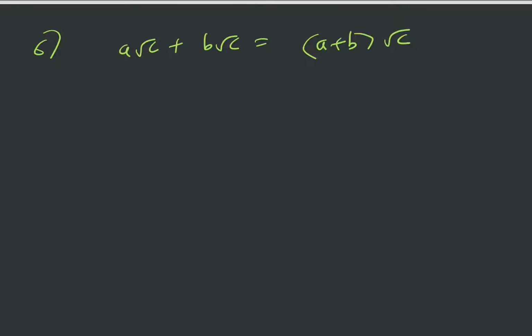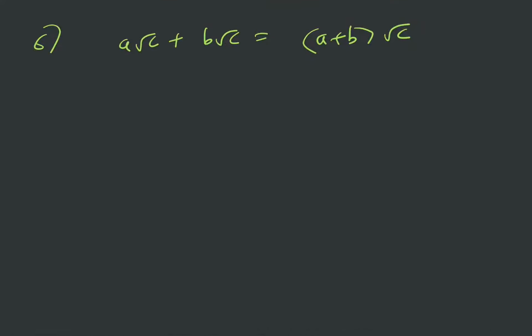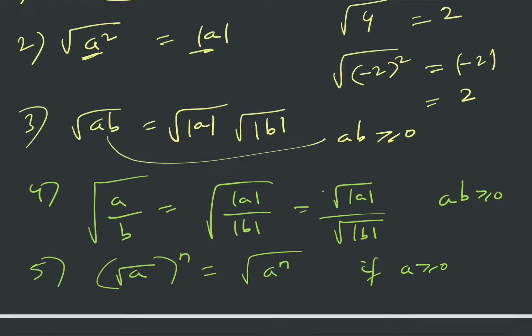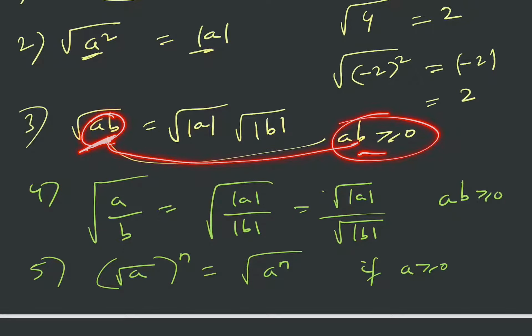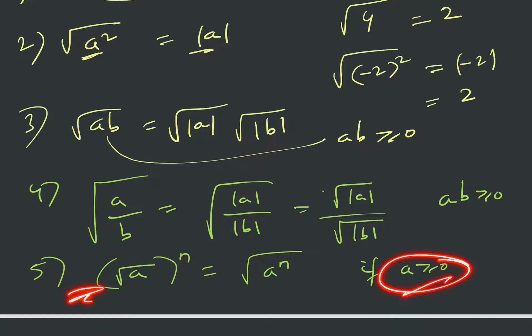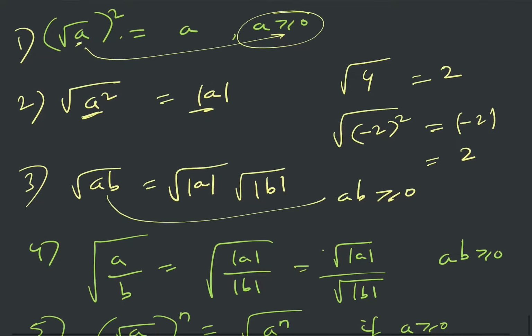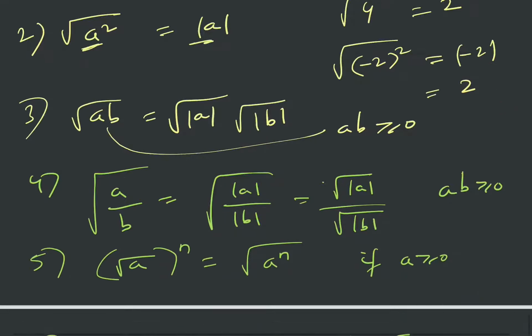They might be pretty intuitive to you, you can easily understand these operations. The quantity which is inside the square root should always be non-negative, so that's why we have written ab greater than or equal to 0, and here also ab greater than or equal to 0, and this fifth property is valid only for a greater than or equal to 0. And square root of a square, this we have discussed many times, it is mod a and it is not simply a, right? So square root of minus 2 whole square, you can't cancel the square root and write this as minus 2. No, this is wrong. You write it as mod minus 2 and then mod minus 2 is 2.